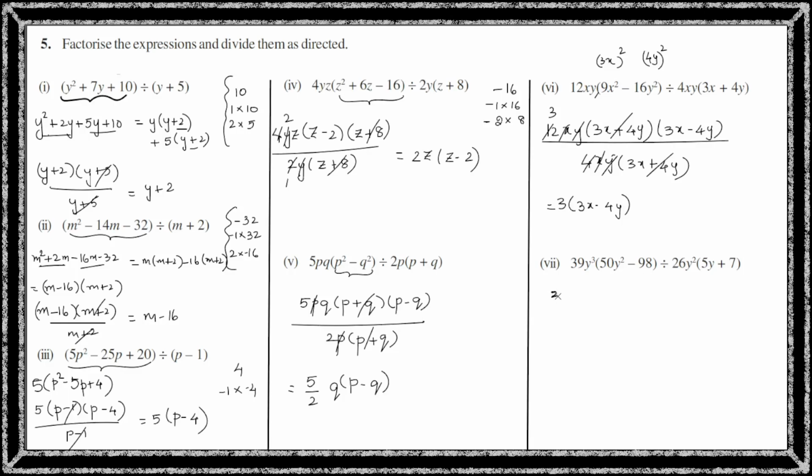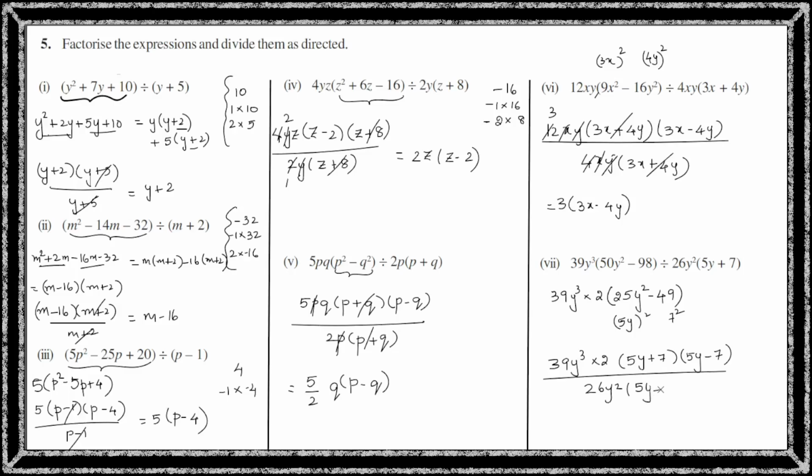What if you were to take 2 outside the bracket? Then what will happen? You have 25y square here and you have 49 here. So now it is clearly a square minus b square. This is 5y whole square and this is 7 square. So now you can directly write into 2 into a plus b, which is 5y plus 7, into a minus b, which is 5y minus 7, right? And then write down the denominator